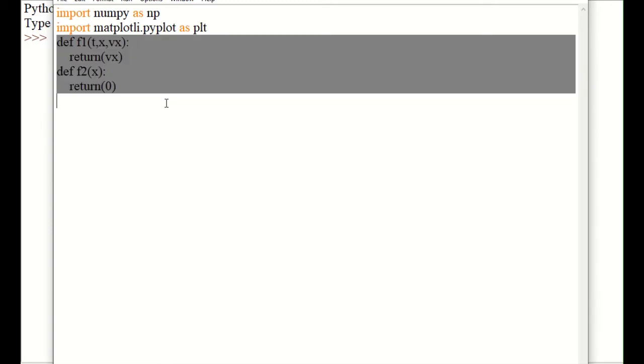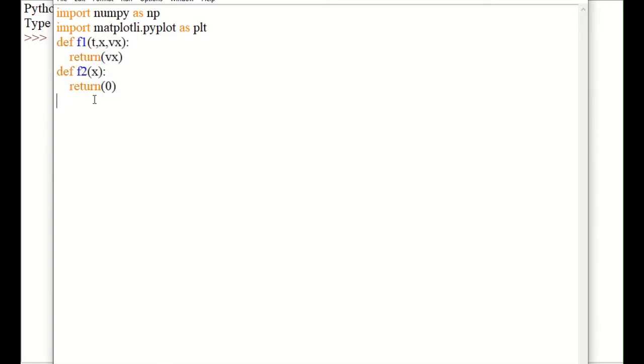Now we have to define two more functions, namely G1 and G2. The variables are t, y and vy. Here also t, y, vy.